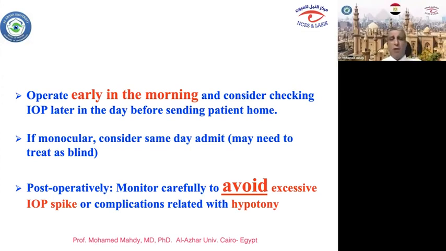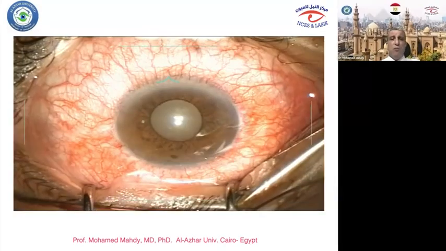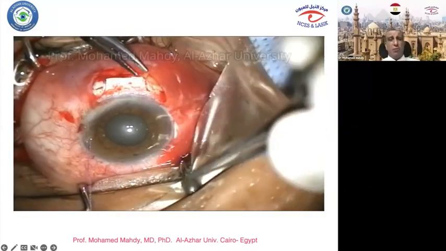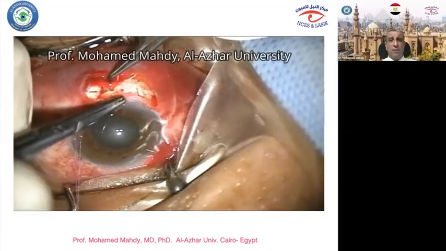Post-operatively, monitor carefully to avoid excessive IOP spikes or complications related to hypotony. These complications are detrimental for the success and outcome of glaucoma surgery in general, and trabeculectomy in advanced glaucoma specifically. In this video, I am showing how you are going to suture this thick flap